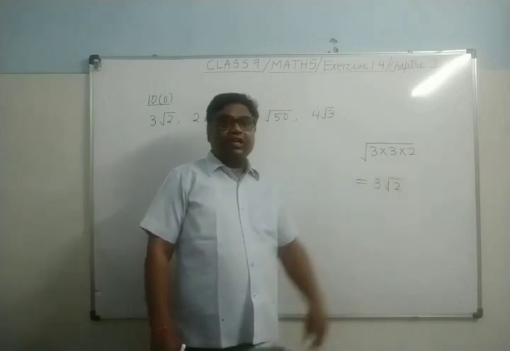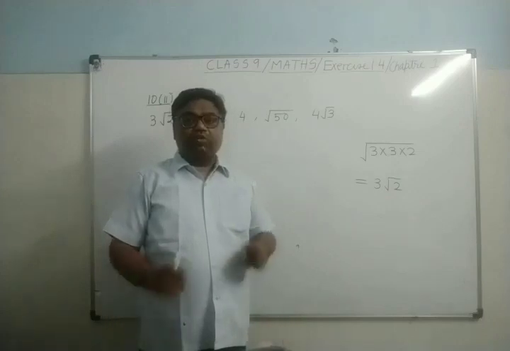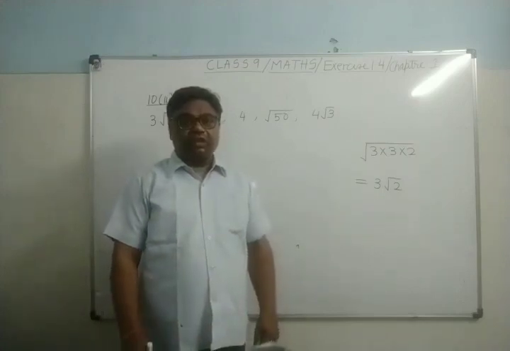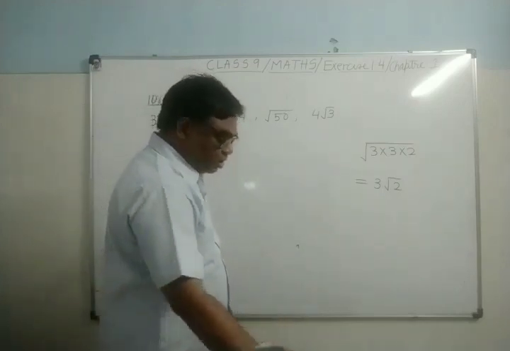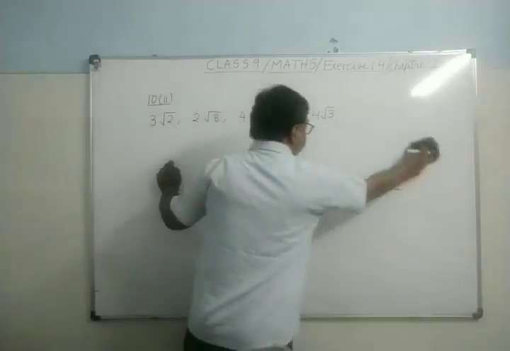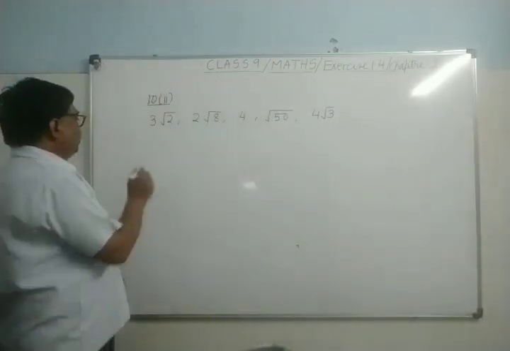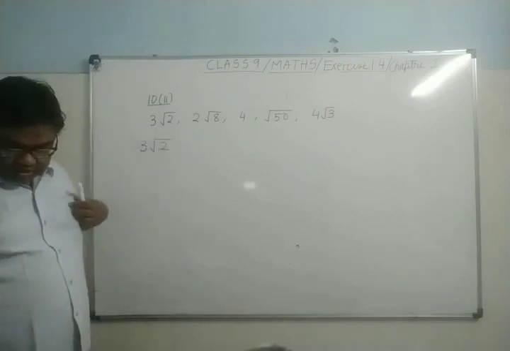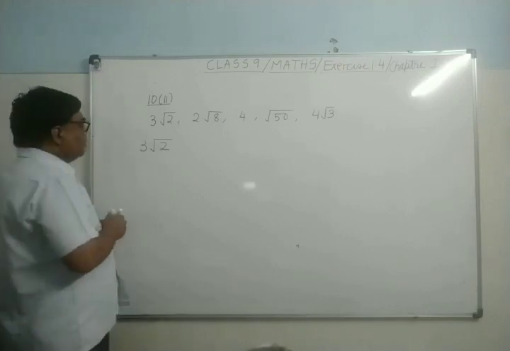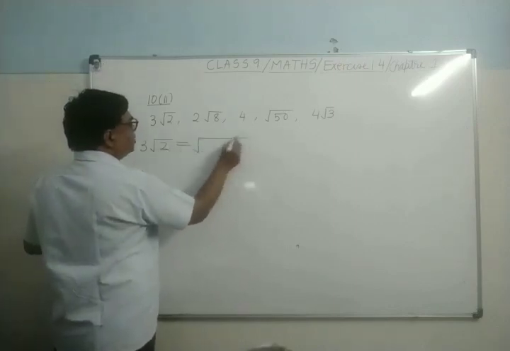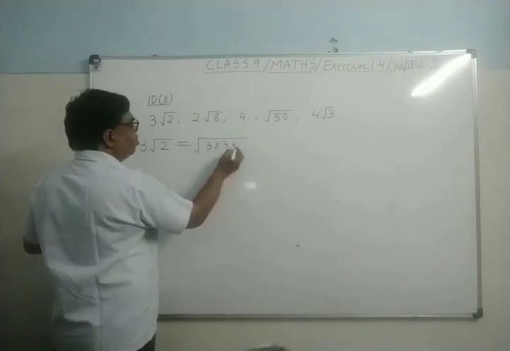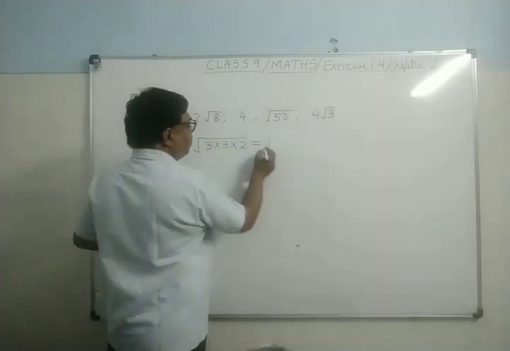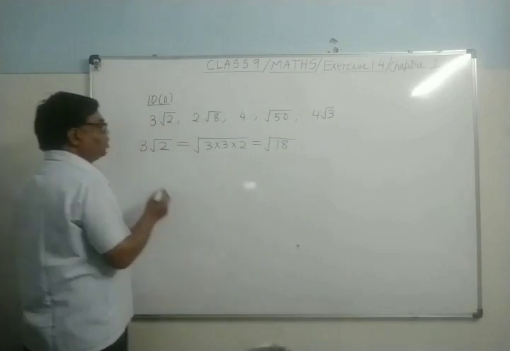When you will take inside the square root, so in a square root you will write 2 times in the product form. If it is cube root, then you will write 3 times. Okay? So here you can see, here you write every number in that form 3 root 2. When you will take 3 inside, it will become what? 3 will be written how many times inside? 3 into 3 into 2. Now see here, after simplification you will take out 1 3. Now what will be this? 3 3 ja 9, 2 ja 18, root 18.